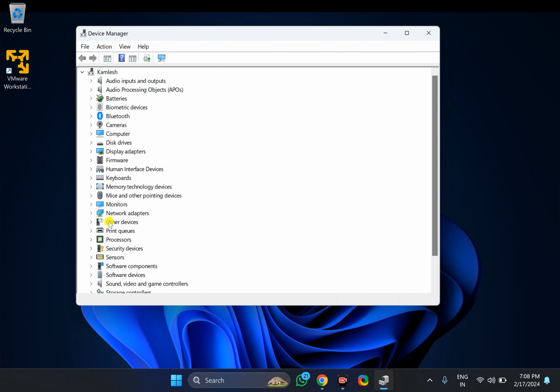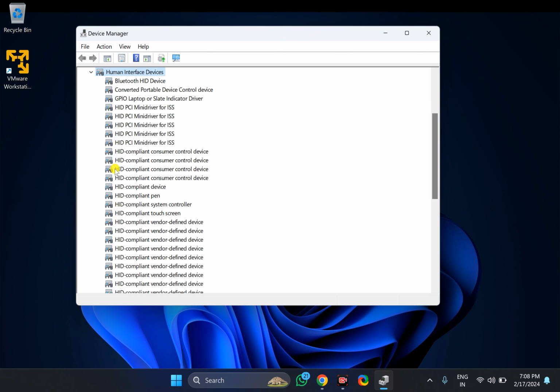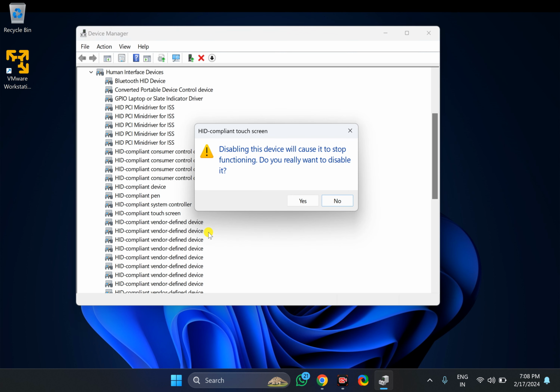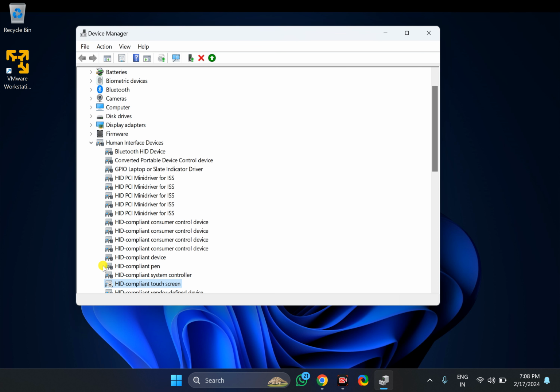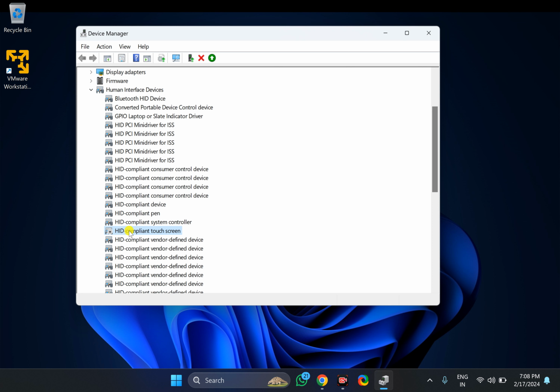In the Device Manager window, double click on this one Human Interface Devices, and then you need to find one HID compliant touch screen option. Select it, right click on this, select this one, disable device option, click yes, and you will see a down arrow button to this one option, and it will disable touch screen on your